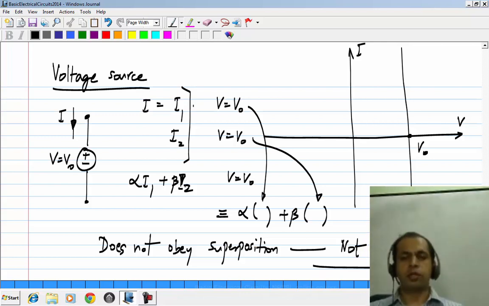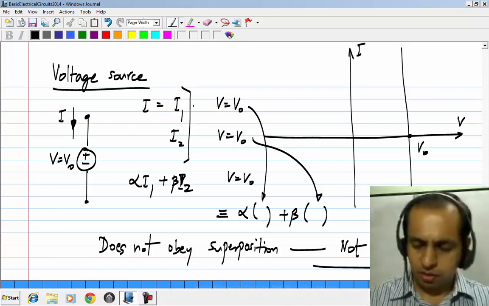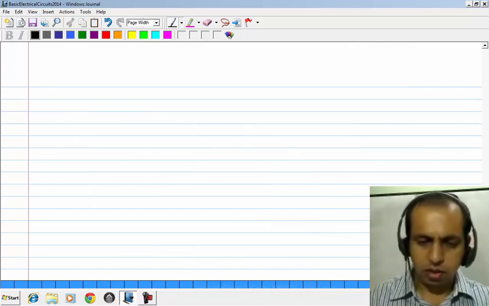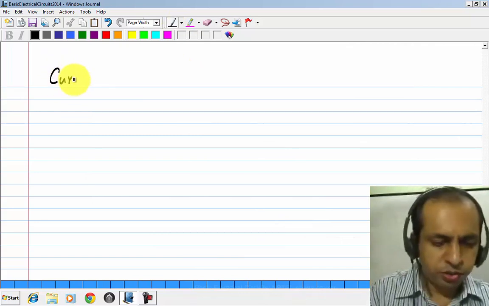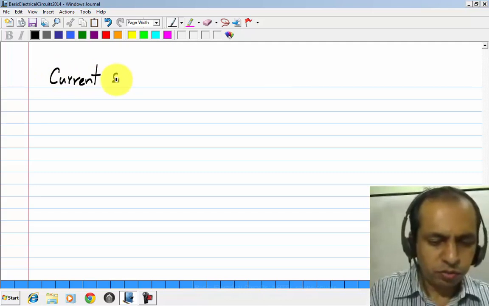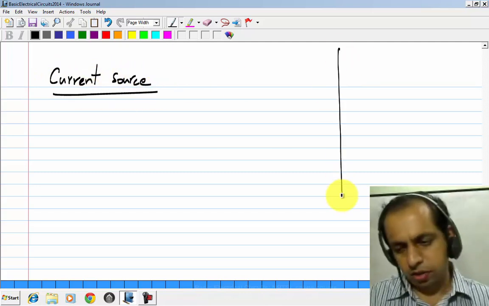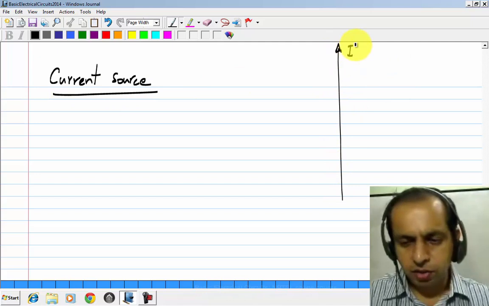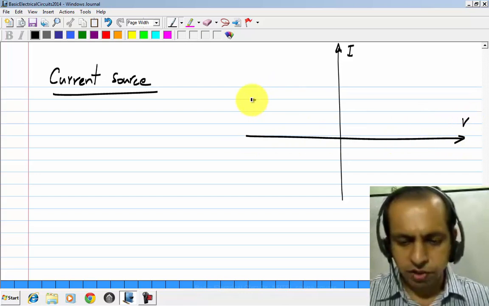So don't be confused by the straight line in the characteristics. It's not linear because it does not obey superposition. And obviously the exact same thing holds for a current source. Again, the IV characteristics consists of a straight line